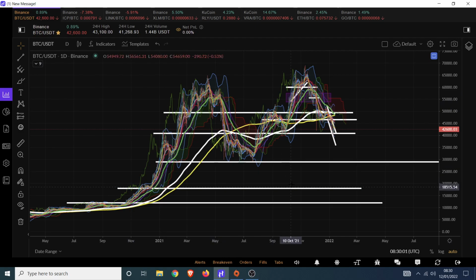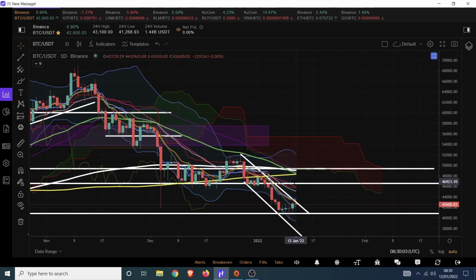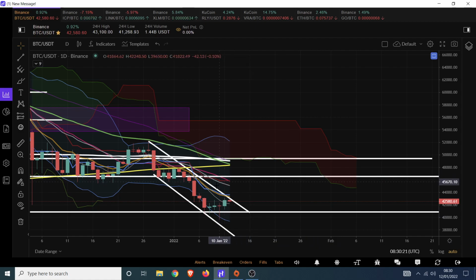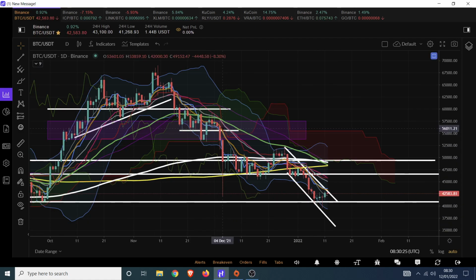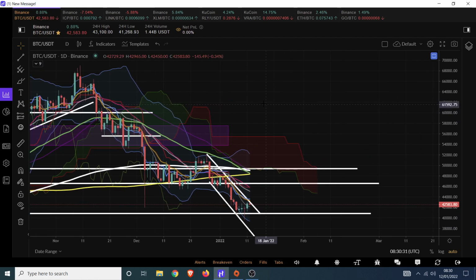So, I suppose that is in a nutshell how I choose to interpret this death cross, the one that's already happened and the one that's already coming. And again, my analysis remains the same. The $40,000 area, within a few $1,000s, is probably going to be the bottom, and we will accumulate around here. And again, I've been saying this the entire time, before the dump, after the dump, throughout this trend.